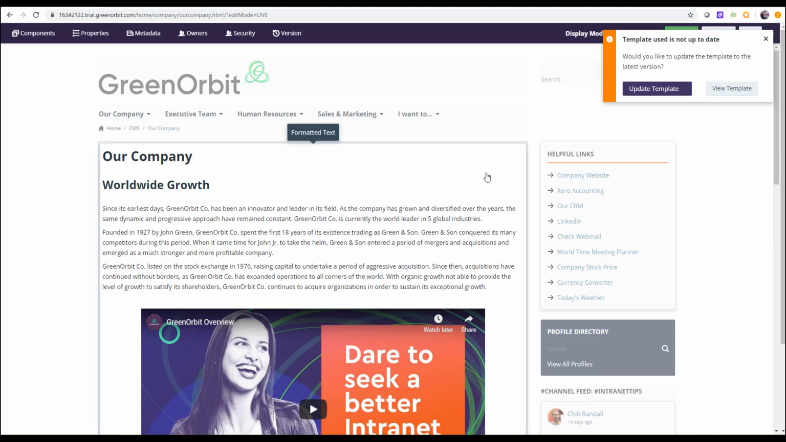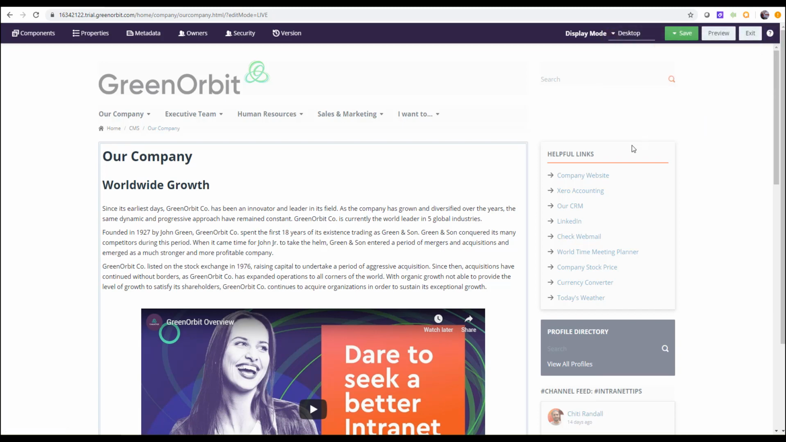Okay, any page that is utilizing this template, you then have the option to either view the template or just go ahead and update it because you know that you made the changes. All right. Now, one more thing, since we're talking about page templates and selecting templates,